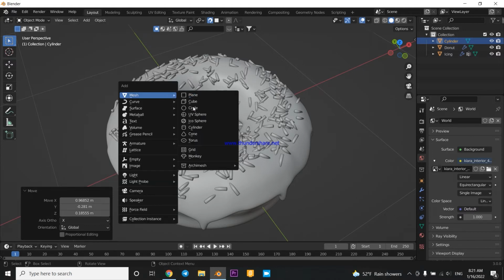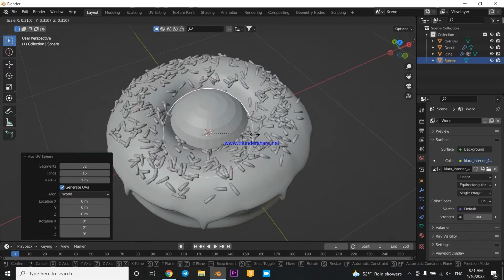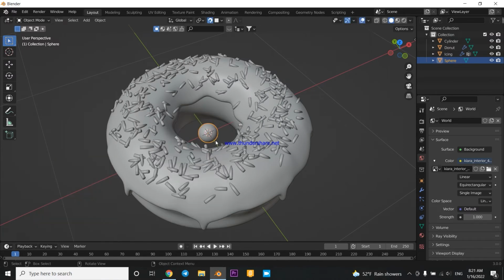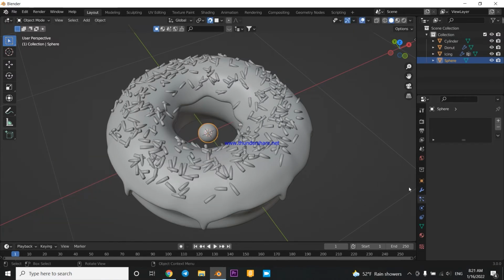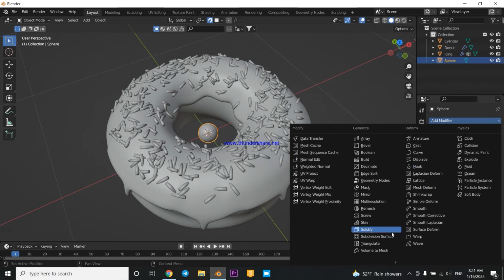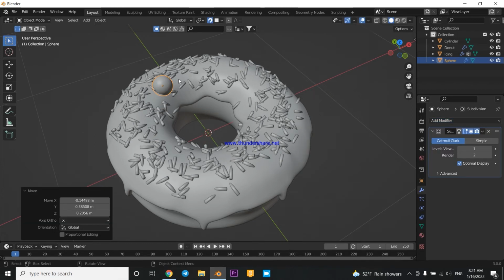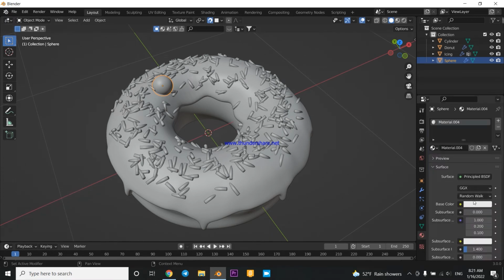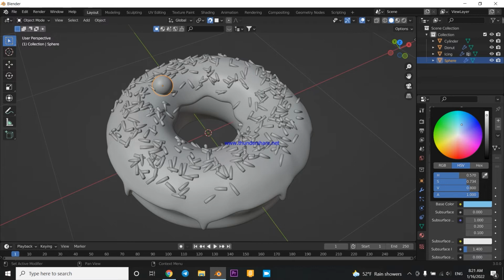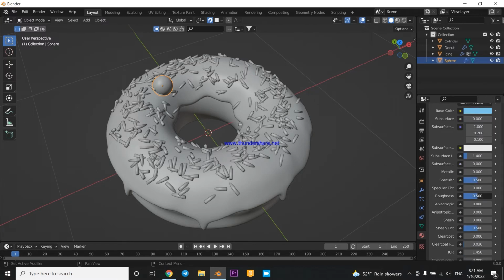Shift A and add a UV sphere, scale it down and shade smooth. You may give it subdivision surface to make it even smoother, and put it to here. And in material properties, let's make it light blue and bring down the roughness like this, and shift D to